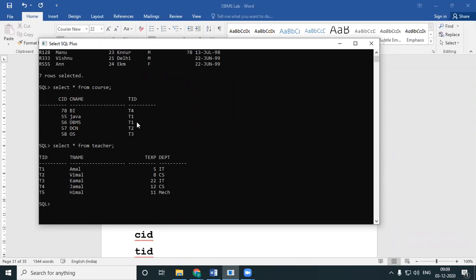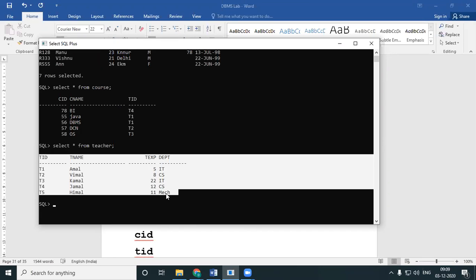Similarly, in the course table, you even have a field called TID, which is again a foreign key, which means it should be a primary key in some other table. So I've got a teacher table. I've got TID as the primary key, T1, T2, T3, T4, T5. My course can only have these.